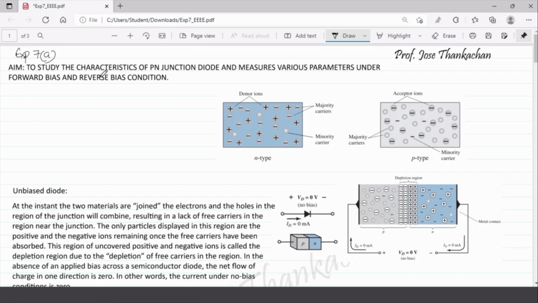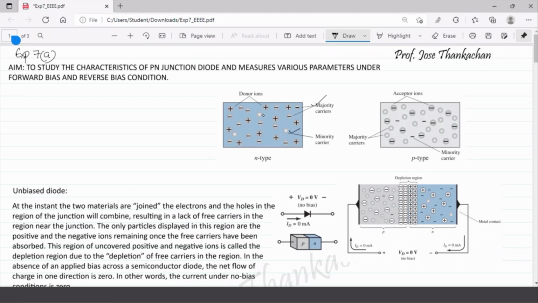So we have to study the PN junction diode, right? So we have P and N type semiconductors here. In the N-type semiconductor, we will have the electrons as the majority carriers, and the minority carriers are the holes. Now this is a P-type semiconductor. You can see the minority carriers are electrons here, and the majority carriers are holes. Whenever we say majority, these are more in number here.